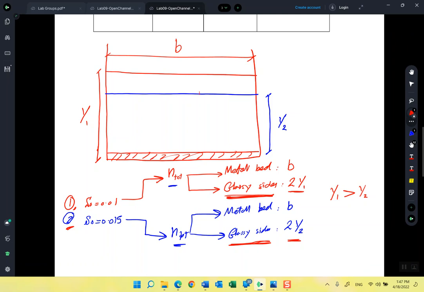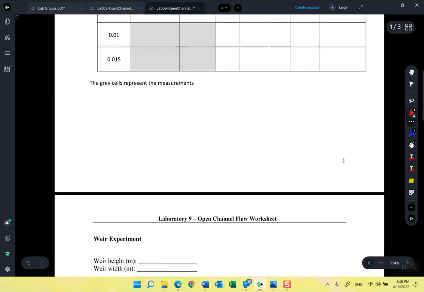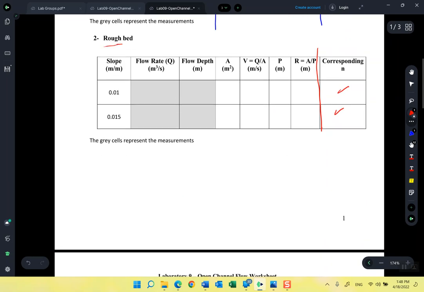Okay? And actually, this is the answer for the second question, because it asks you to calculate the average Manning coefficient after doing the two trials, and it asks you, why does the Manning coefficient change by changing the bed slope? And this whole story is the answer to this question. Great. So the rough bed calculations and measurements will be the same. You will only get different values for Manning, of course, and it will be higher because you are using